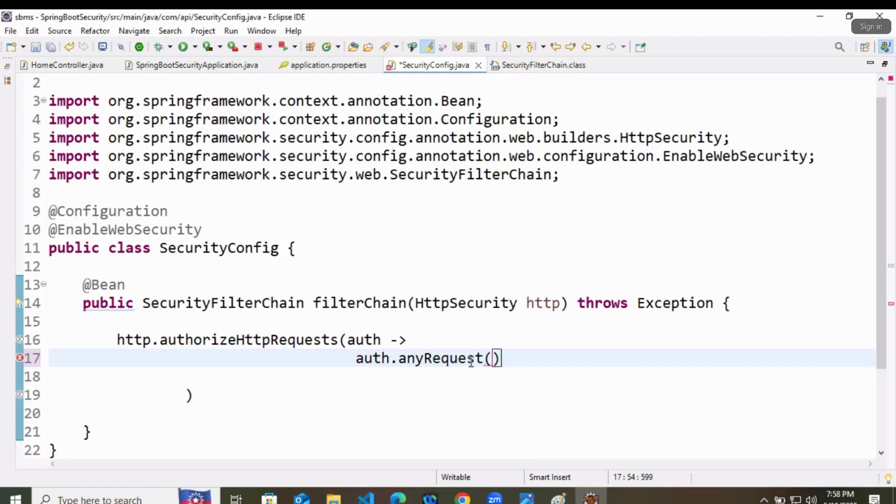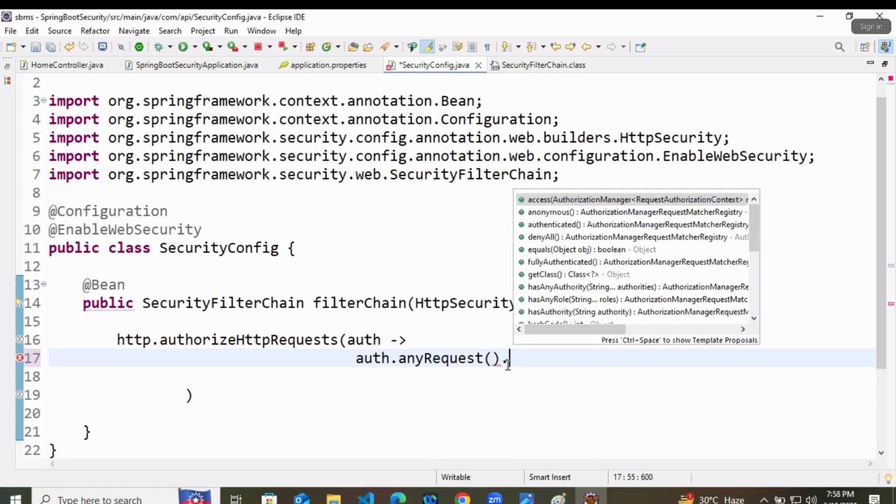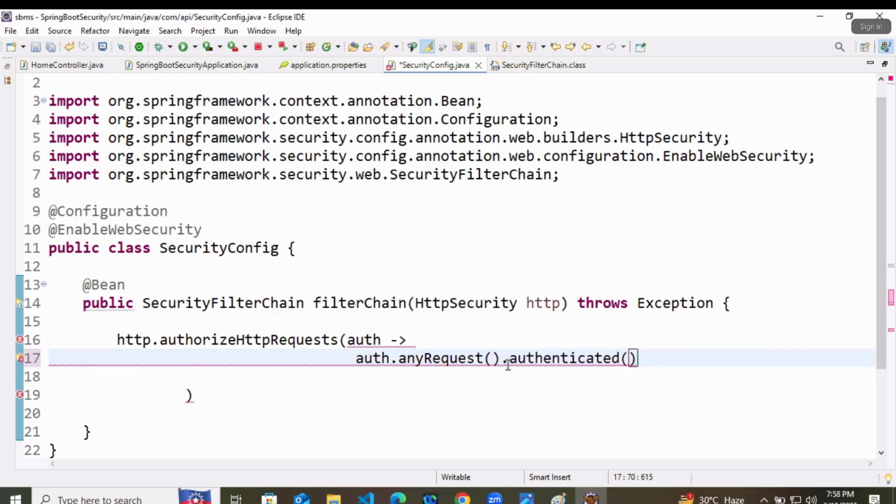So just now, what we are doing is we are saying auth dot any request. It means that if any request is coming to you, what you have to do with that request? Any request dot authenticated means you have to mark that request as authenticated.